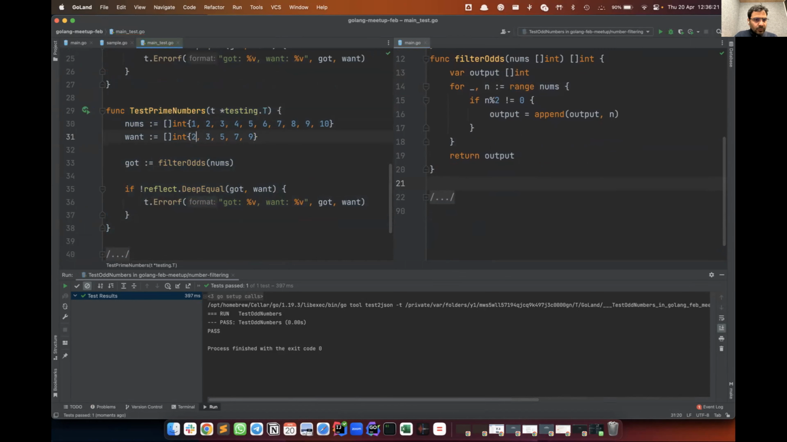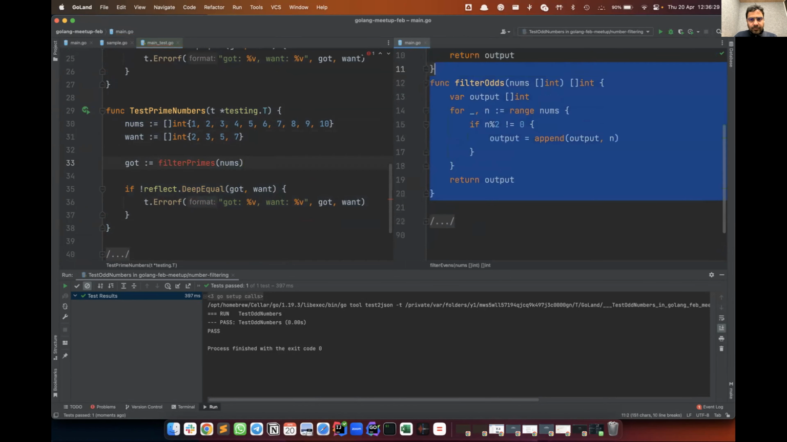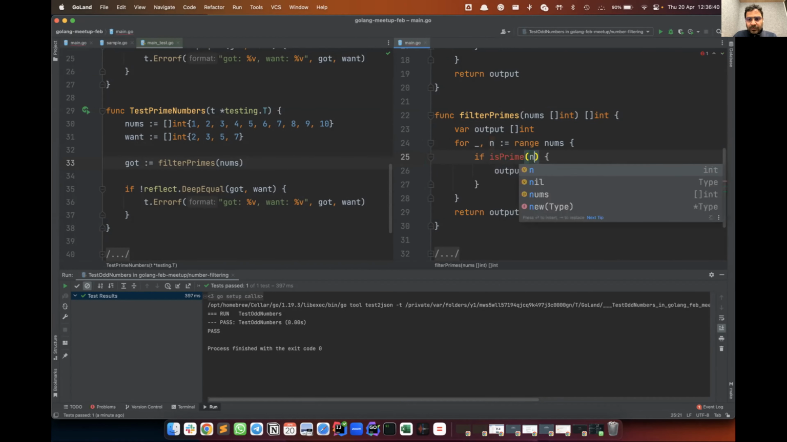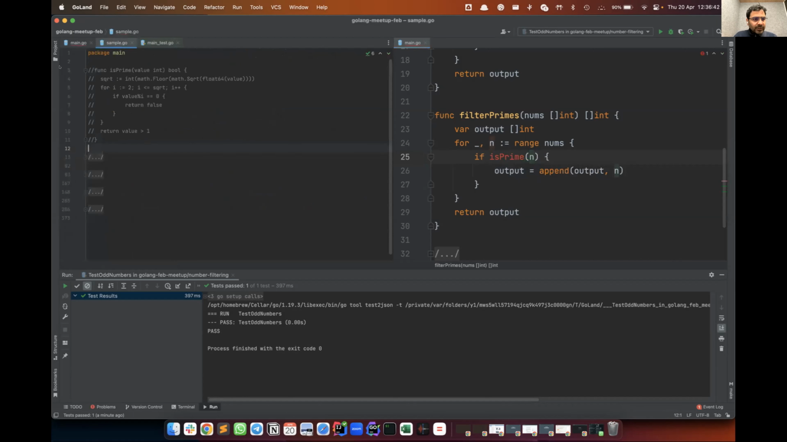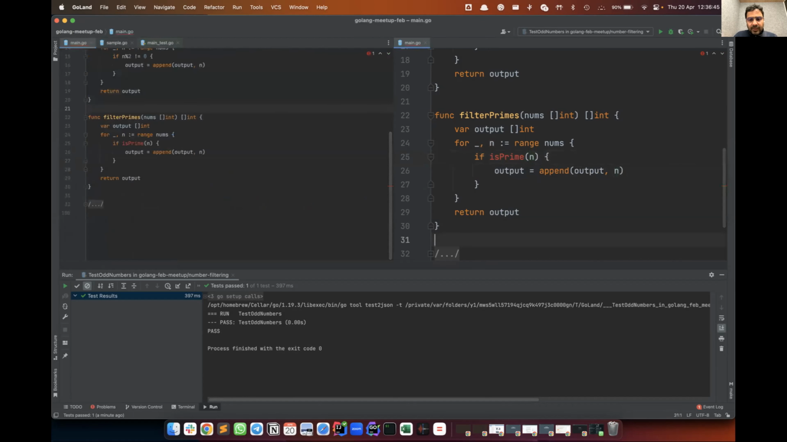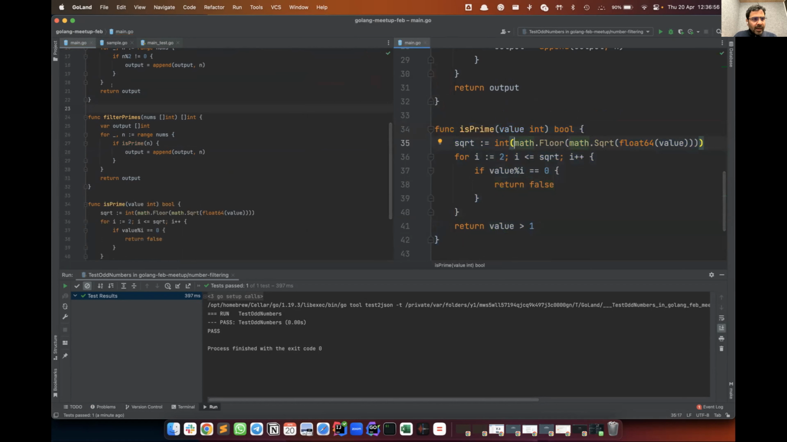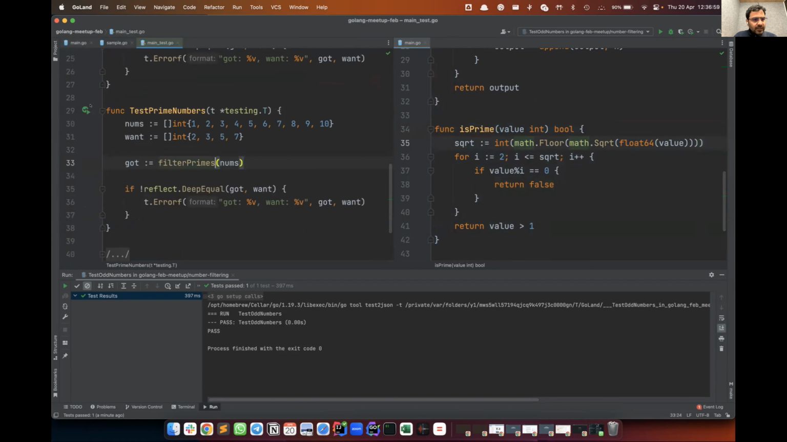And the primes are say 2, 3, 5, and 7. Right? And here you have like filter odds, filter primes. Now I don't know about you, but I can't write a prime number program, especially live code that. So I'm just going to copy paste something which returns a prime number, and hopefully that works. So it's just a standard prime function. Oops. Yeah, this should work. And if we run the test now,